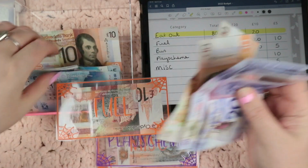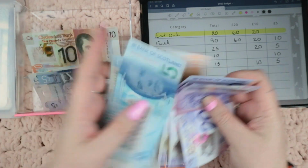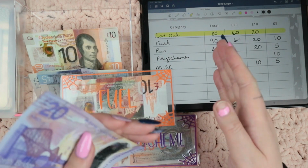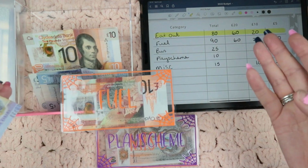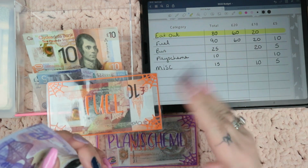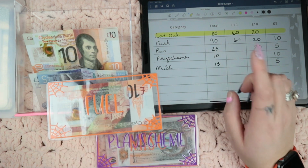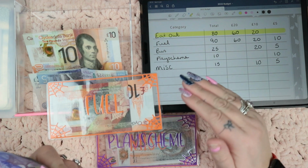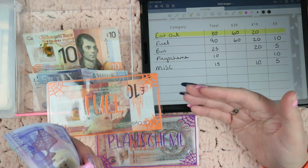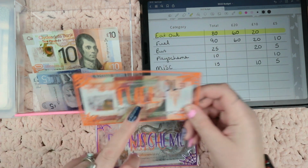And what I am planning on doing is trying to fill up twice a month, even if I don't need it. So if I fill up at the beginning of the month and the middle of the month, or like every 2 weeks, basically. Even if I'm not like half empty or anything like that, or like totally empty, to try and reduce the amount that I spend, because I found I was also going down to too close to empty for my liking by the end of the month, which made me anxious because I needed to fill up and we hadn't been paid yet, you know? So anyway, I'm going to try doing it that way, but I've left this 10 to roll over